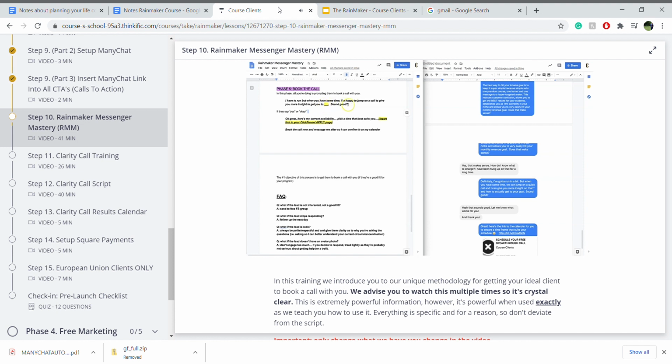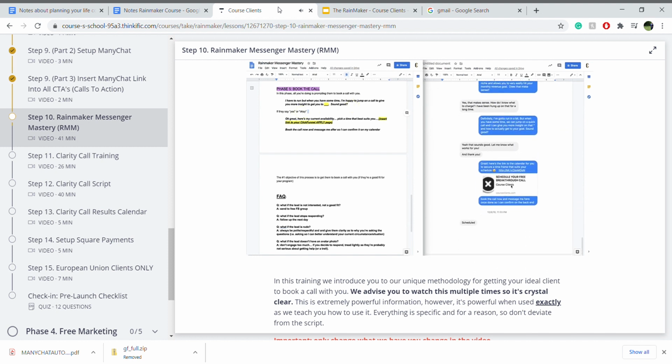Sound good? So going back to the fitness example. I have to run, but when you have some time, I'm happy to jump on a call to give you more insight on how you can get to your six-pack much faster. Sound good? So how does that translate here? I have a different variation of it, but ultimately it's still saying the same thing. So as you can see here, I didn't respond because since they're so curious, I really want